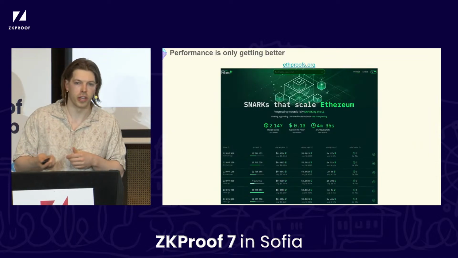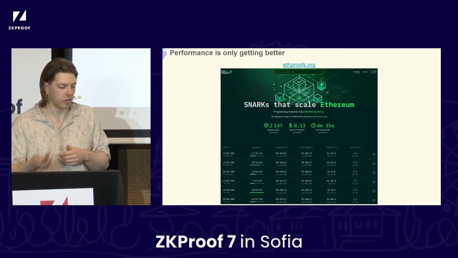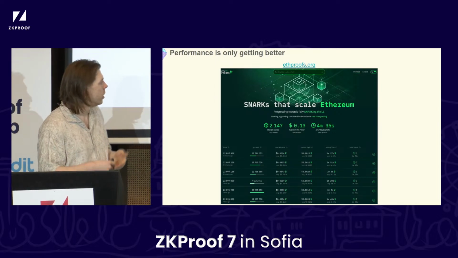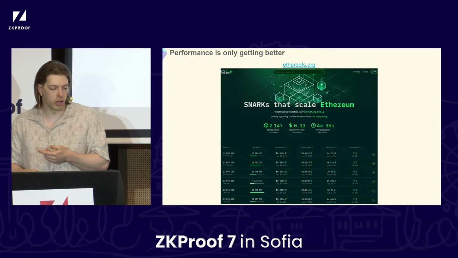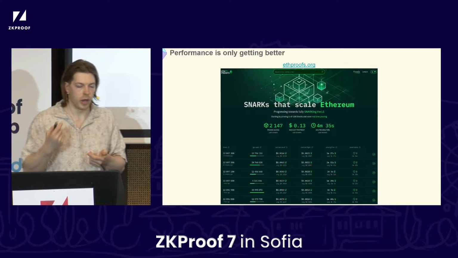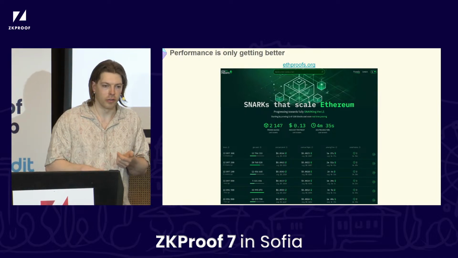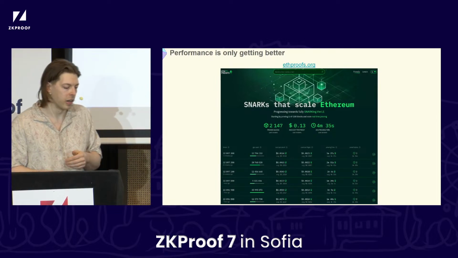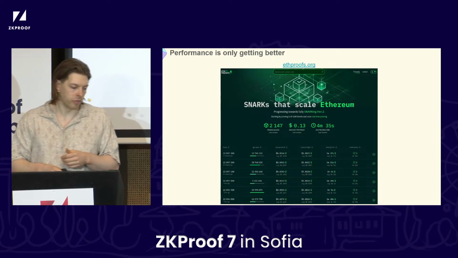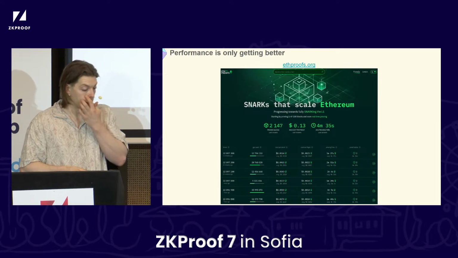Performance of these zkEVMs is only getting better. We have a nice new website that's been set up by other people in the Foundation called ethproofs.org. You can see some benchmarks here in terms of the time that it takes to prove an EVM block, as well as the cost. All of these benchmarks are on single machine AWS provers. If you do want to scale this down to something that gets close to real-time proving, I think proving all EVM blocks for a year in under 30 seconds per block would be in the range of maybe 150K, 200K, something of that order of magnitude.